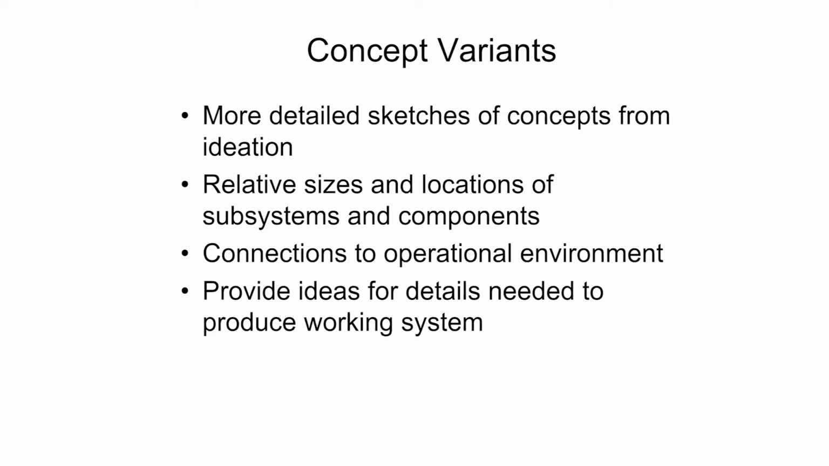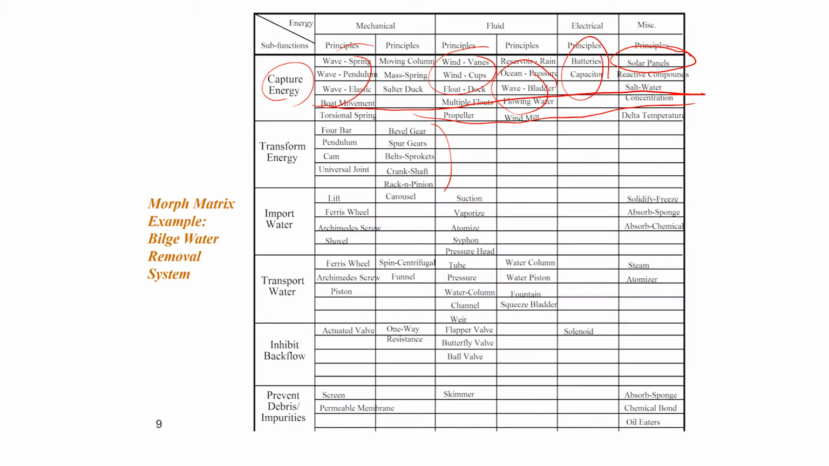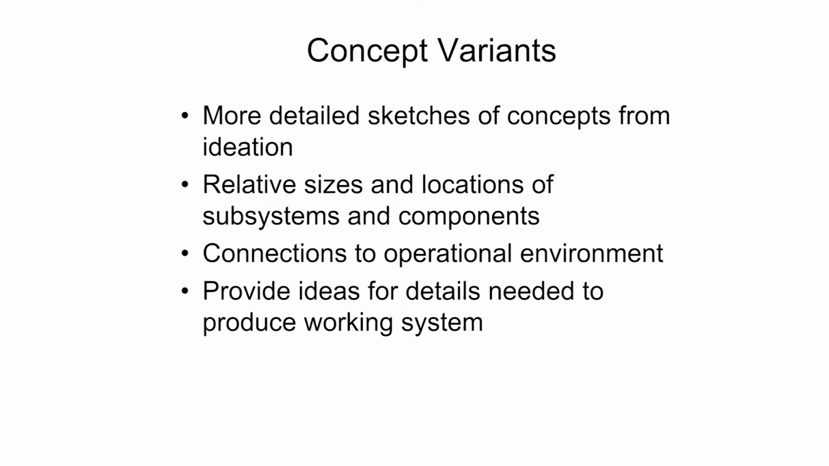So the idea is to take one solution principle for each function and then combine those into an overall solution to the problem. And that overall solution, we call that a concept variant. And what you do then is you make a more detailed sketch of the concept based on taking those functions, which were